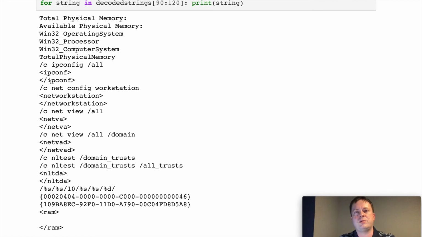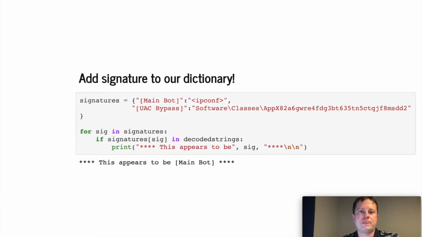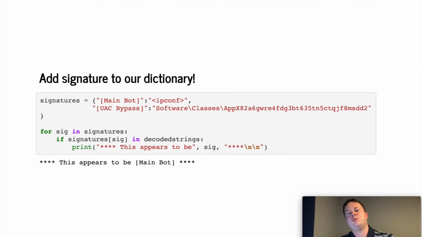ipconfig /all, get your network information. Net config workstation. These are very much like system administrative commands that are used to glean information about the endpoint that has been compromised. Very interesting stuff. All right, so let's add something that we found that was unique to